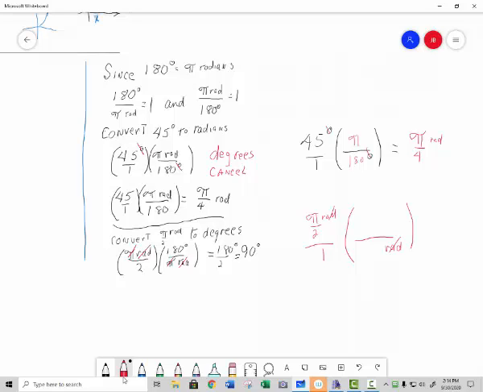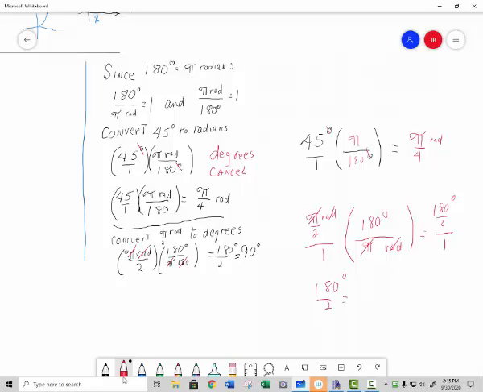It's 180 degrees over pi radians. Well, guess what? The radians cancel and the pi's cancel, and we end up with 180 degrees over 2, and all of that's over 1. Well, that's not necessary. All I have to do is have 180 degrees over 2, which I know is 90